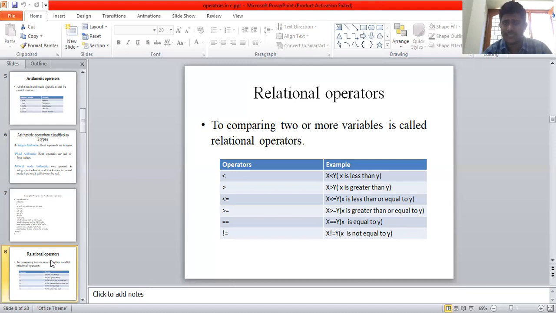Okay, these are the symbols: greater than, less than or equal to, greater than or equal to, and not equal to. These are the relational operator symbols. Okay. Next,